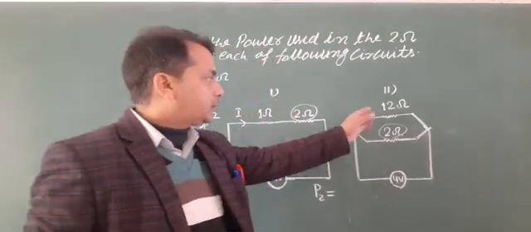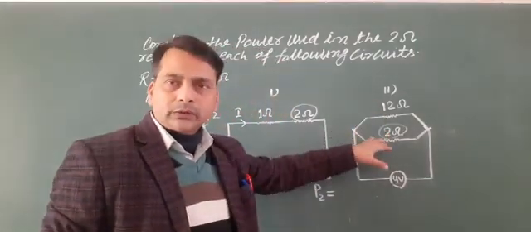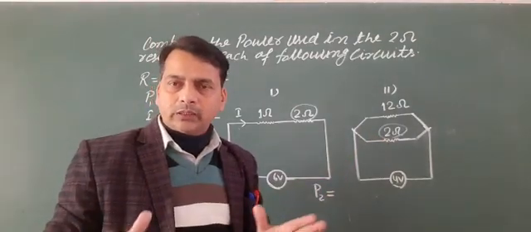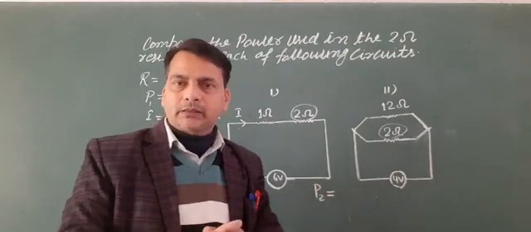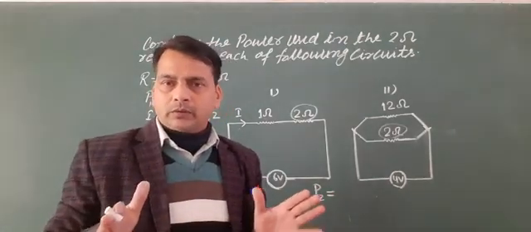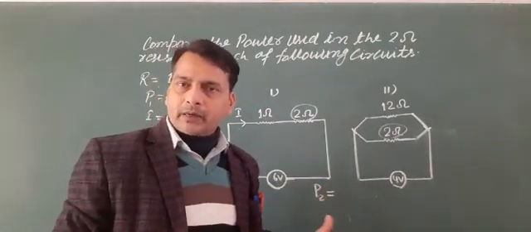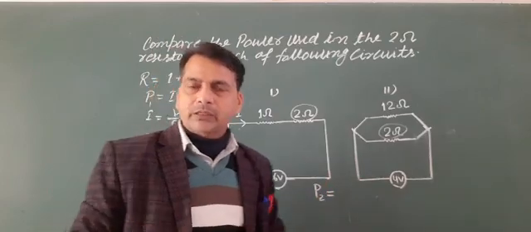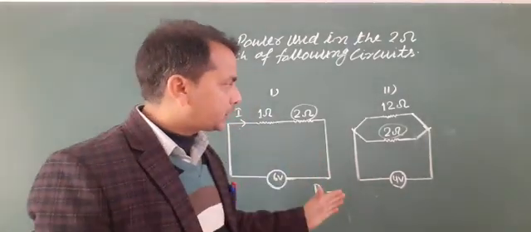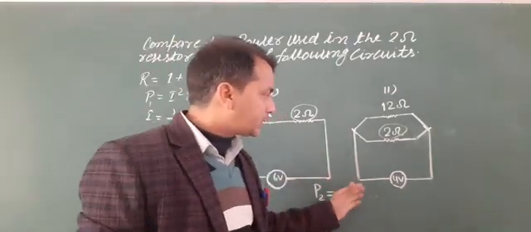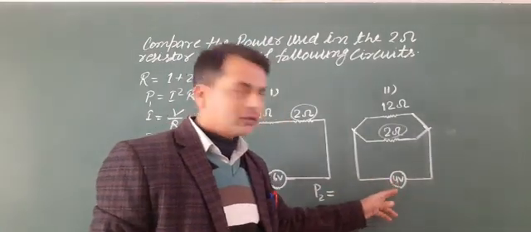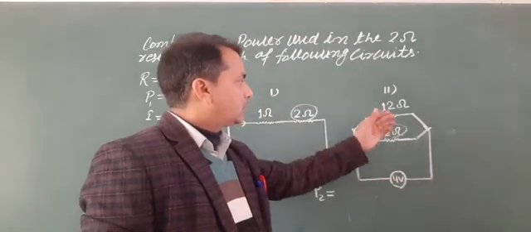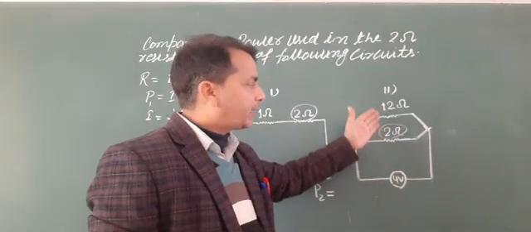In this circuit, the 12 ohm and 2 ohm resistors are used in a parallel combination. As you know, in a parallel combination the electric current will be different on each resistor, and the potential difference on each resistor will be the same. So in this circuit, the potential difference will be 4 volt, and the 12 ohm and 2 ohm are used in